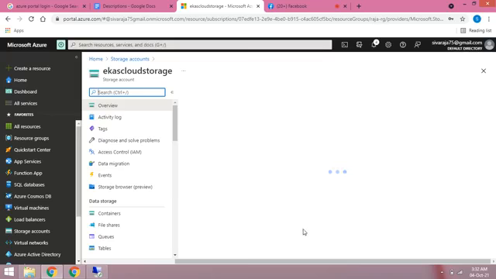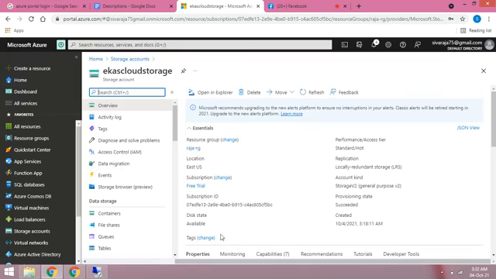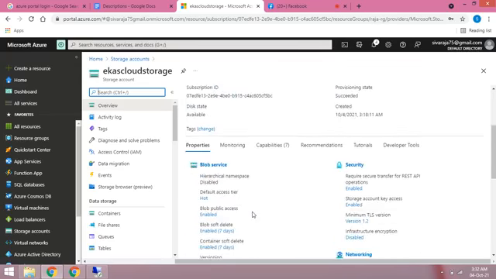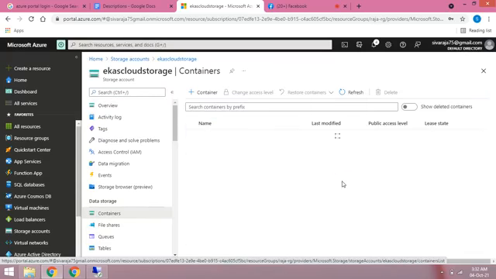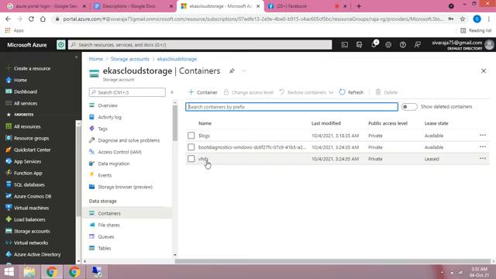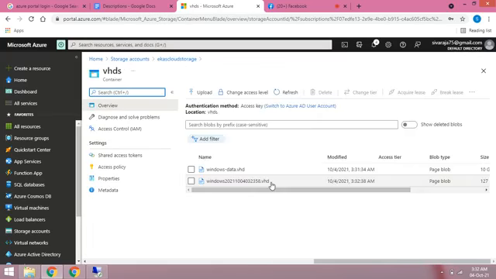So now go to our container, check this container, go to VHDs. Inside VHDs two files are created.